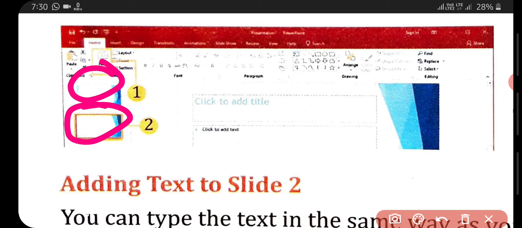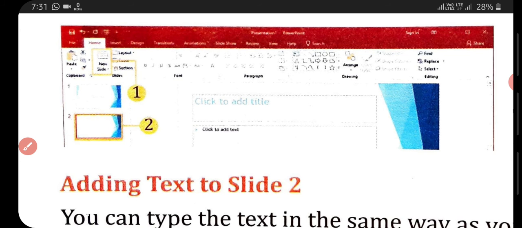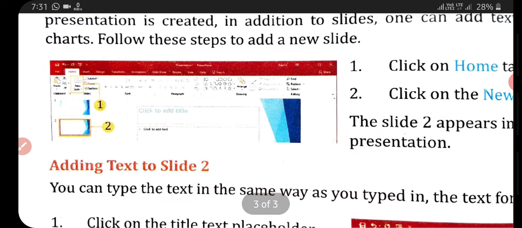You can add as many slides as you like. Normally, whenever a presentation is created, in addition to slides, one can add text, graphics or charts. So simply follow the steps and add a new slide.